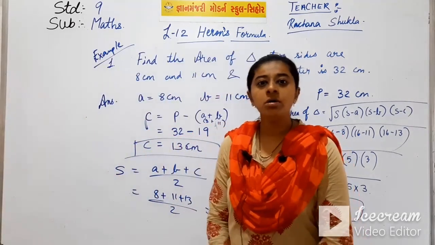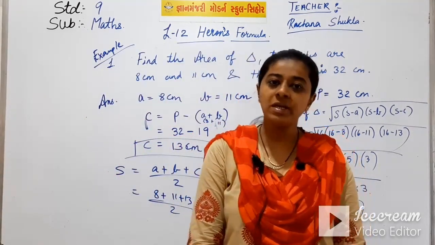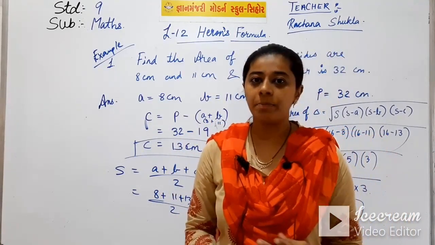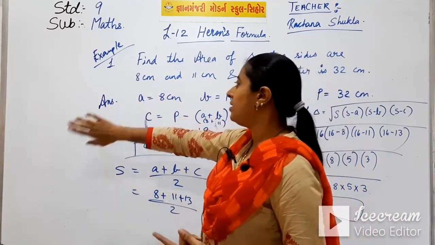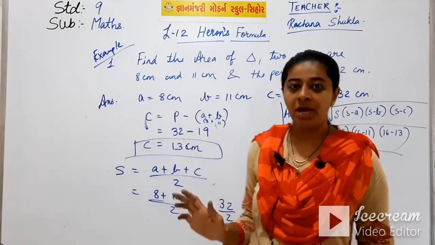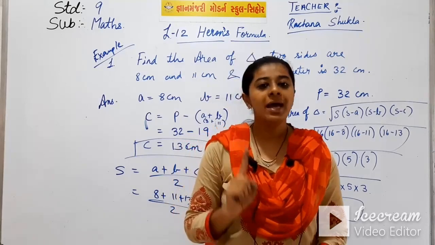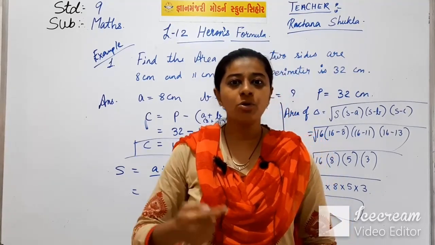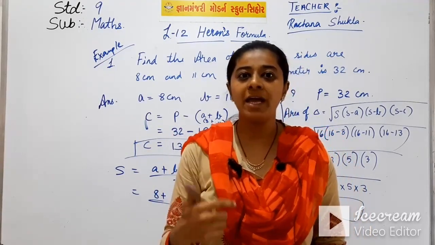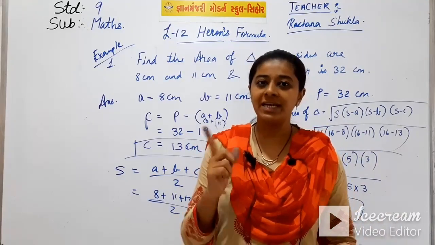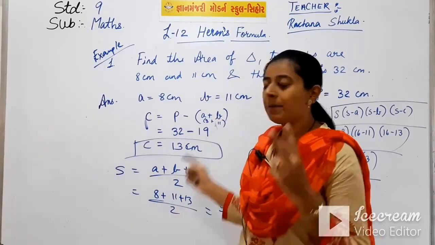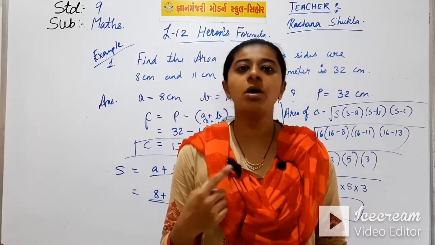Okay students, so your today's homework is, which you have to submit in your WhatsApp group, means I have taught you two examples. First one was example that I have given myself, and the second one is example 1 of your textbook. So you have to do both the examples in your example book, and you have to write down all the formulas that I have written on the board in your fair book. So you have to submit both the books, that is your fair book, in which you will write down your formulas, and the 2 examples which you have to write down in your example book.